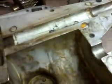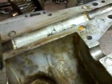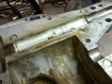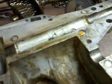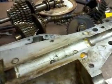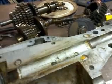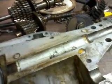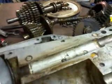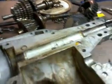The pulley seems really loose on the shaft, so I may have to get a new pulley. That's just great. I think it might still be available from Sears. I haven't checked, but the last time I was looking around on there, I think I saw the pulley, but I may have just seen it and didn't look at the discontinued part. But anyway,